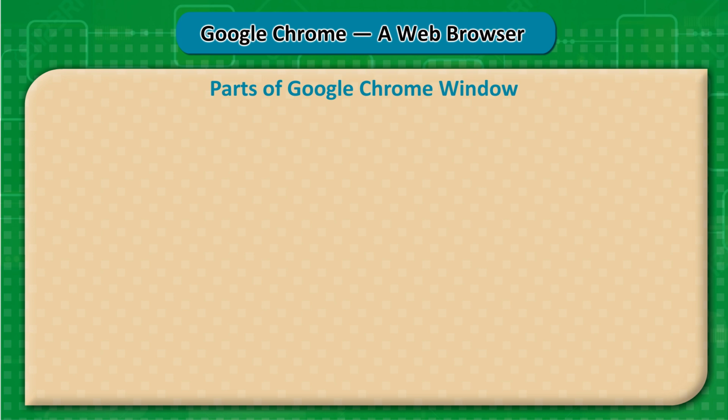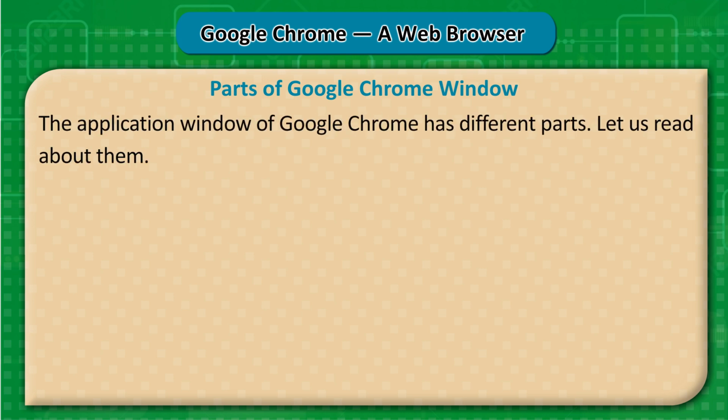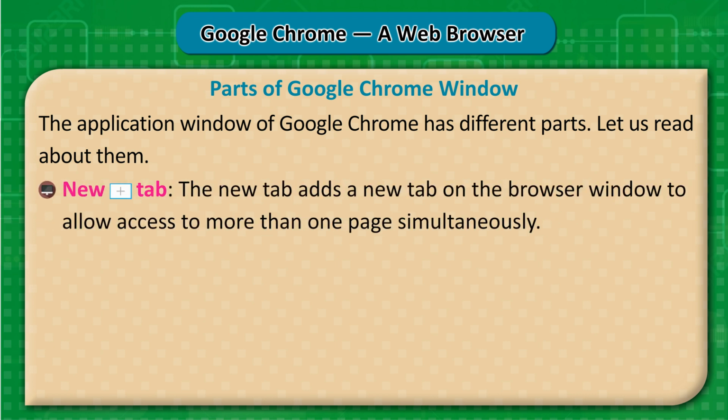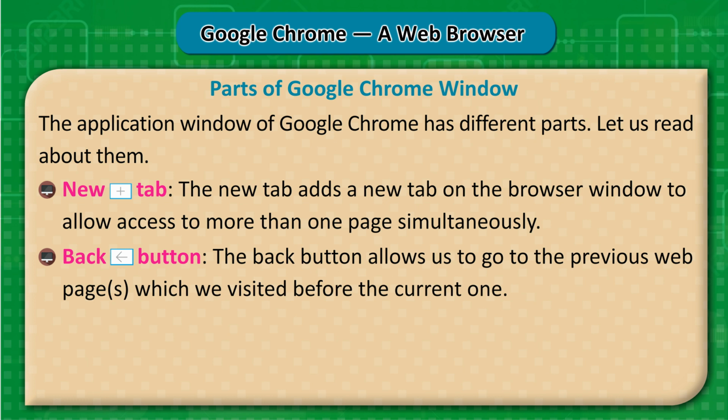Parts of Google Chrome window. The application window of Google Chrome has different parts. Let us read about them. New tab. The new tab adds a new tab on the browser window to allow access to more than one page simultaneously. Back button. The back button allows us to go to the previous web pages which we visited before